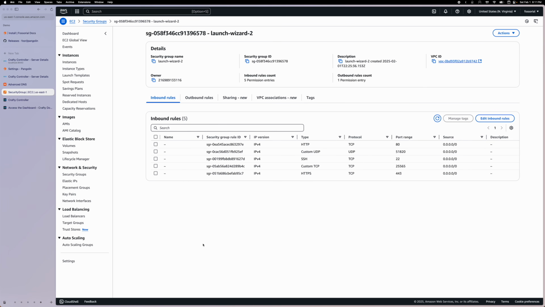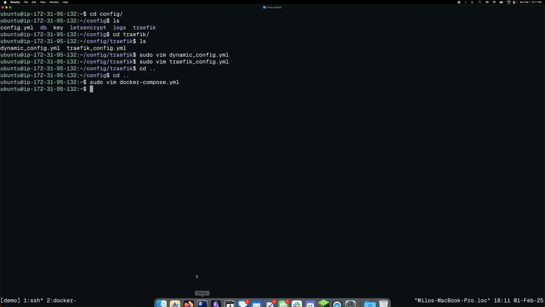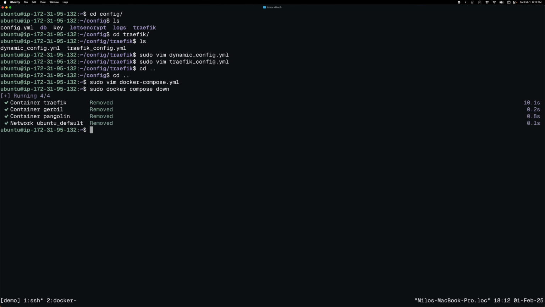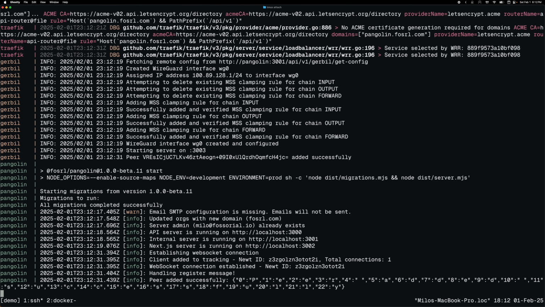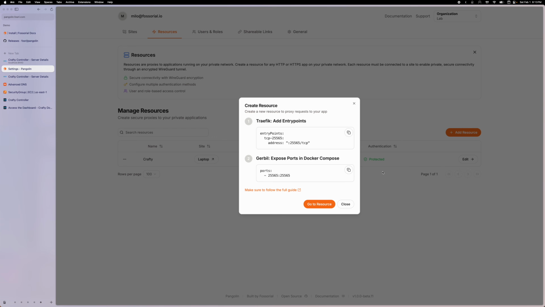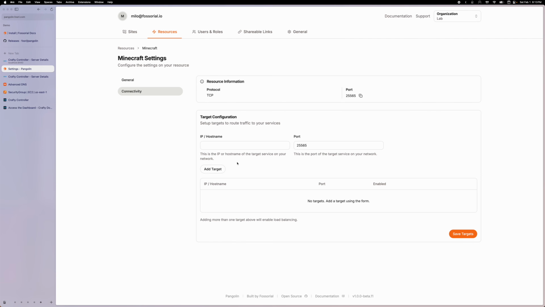So the last step is I just need to restart the whole stack. So I can sudo docker compose down, and then I can sudo docker compose up -d. Then I can check the logs by doing docker compose logs follow, make sure everything started up correctly, and it looks like it has. Okay, next I can click go to resource, and I just need to add a target